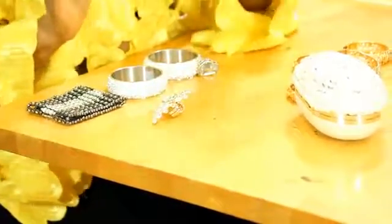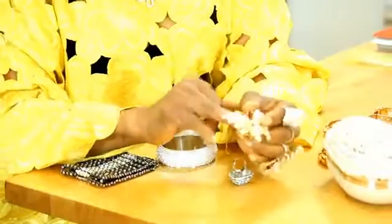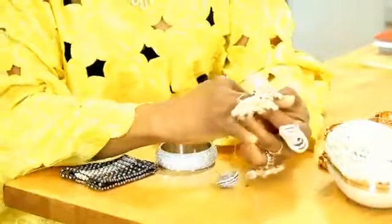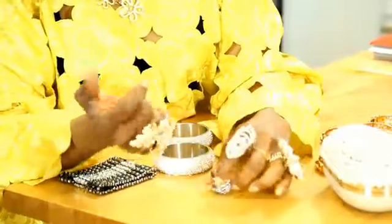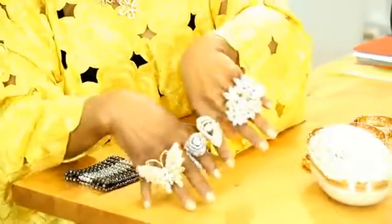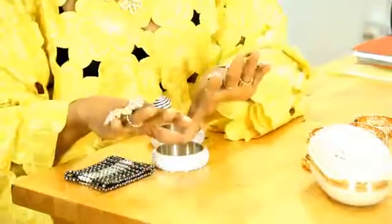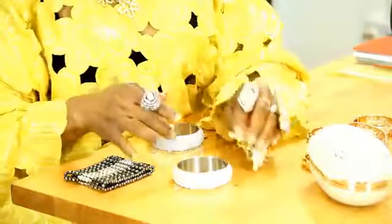Now everyone thinks Hollywood is the only place where bling lies, but trust me, African parties, African fashion, we love bling, and I absolutely love bling. So they come in different forms. This is a ring, and that's another ring. So my fingers all got the ring on, and then of course I'm going to put the, for now just take that off, I'll put the